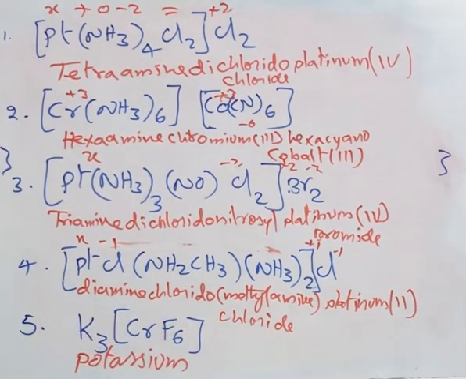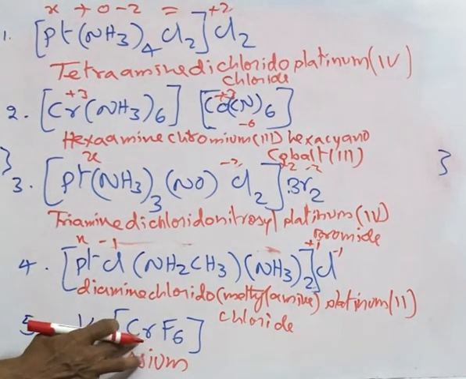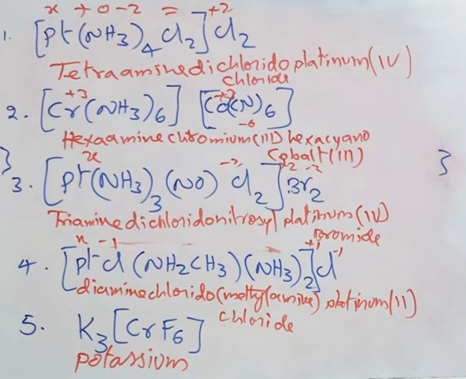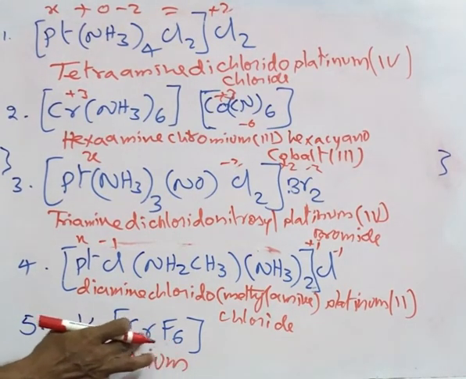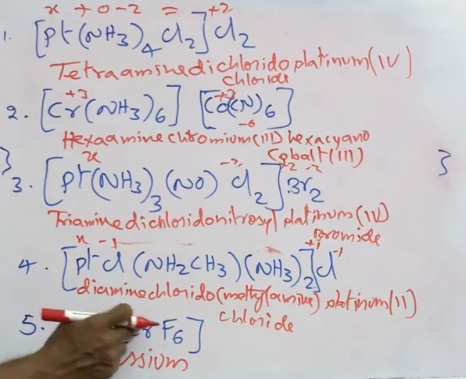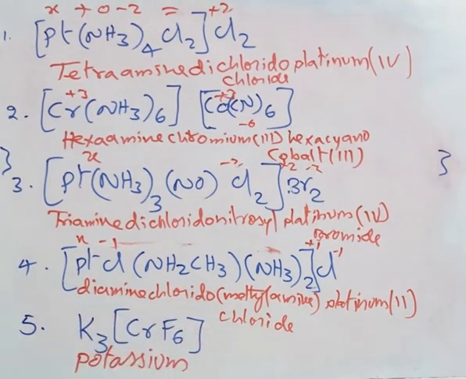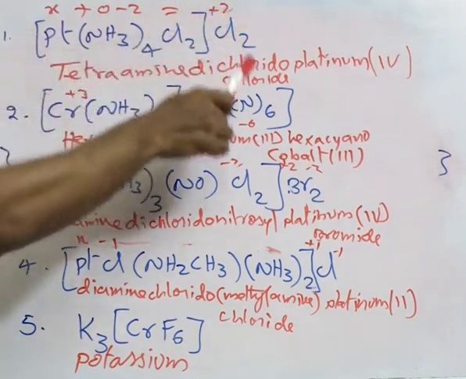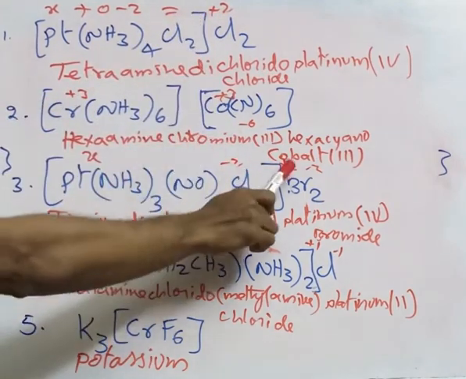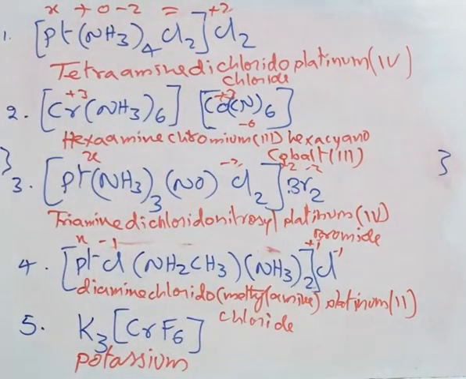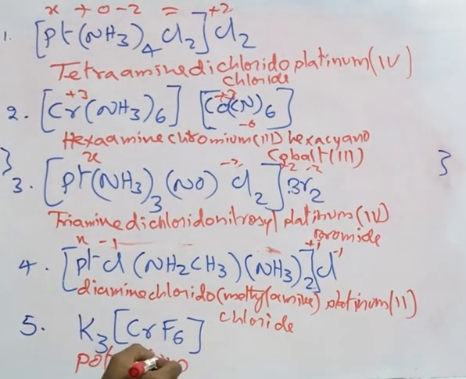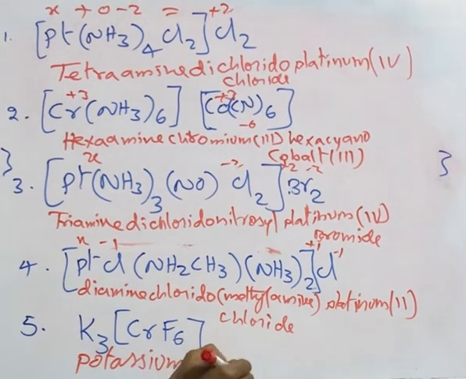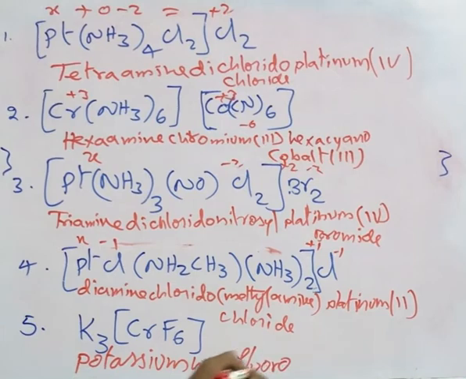Now this is fluorine, so the fluoro group should come, and then chromium, so hexafluorochromium. Here you see we are not saying fluorido, just fluoro, because this is positive and this is a negative ion. In all other cases, the total coordination entity had a positive charge, because the counterion was negative, but here the coordination entity is negative. So you can write potassium hexafluorochromium.